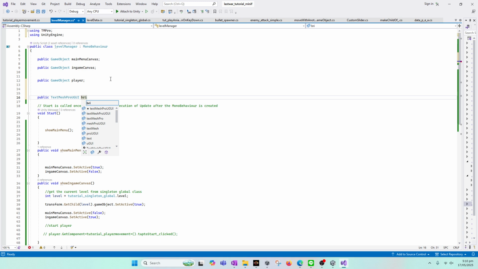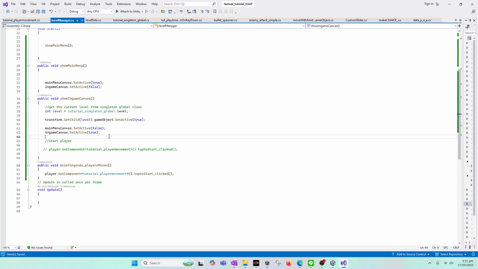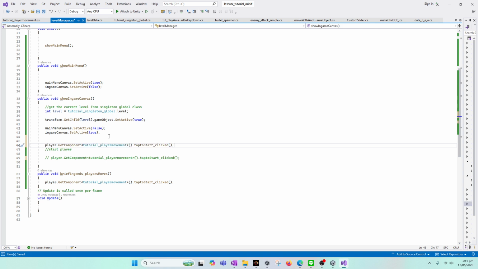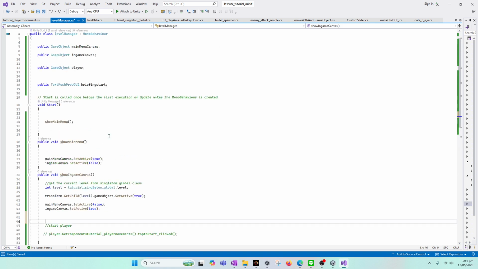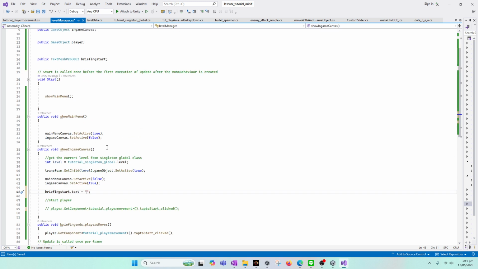Briefing ends, briefing starts, and in the in-game canvas, we will simply set the text value here, dot text, here to the value, such as in our case the value had something to do with this level. So if we copy it